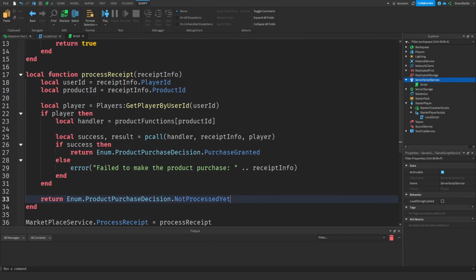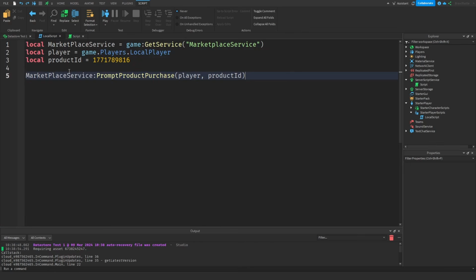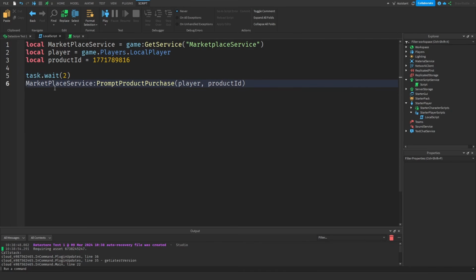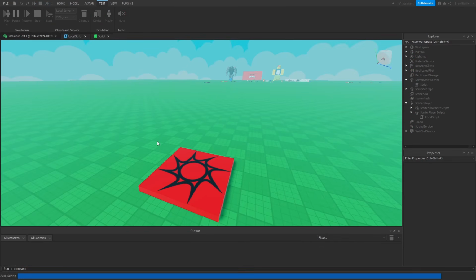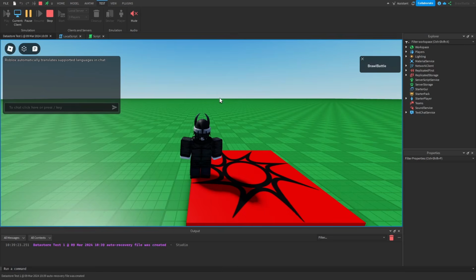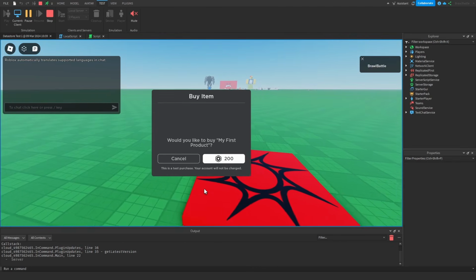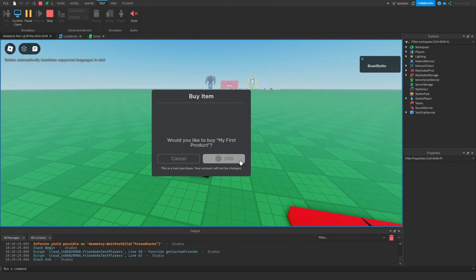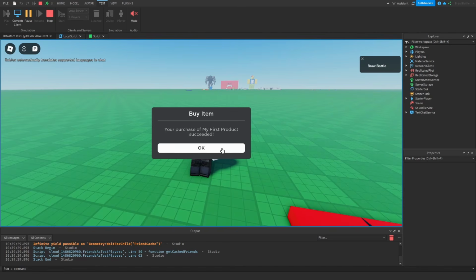I hope this made sense to you so far, but let's go back to our local script, and I'm actually going to add a task.wait for about 2 seconds so that the game gives me enough time to load into the game. So now we're going to go into the game and see the result of this prompt that's being shown right here. Okay, so it says right here, would you like to buy my first product? I'm going to click this, and then what's going to happen is the purchase has been